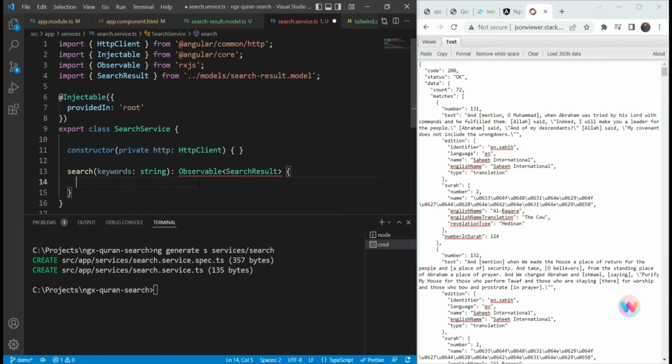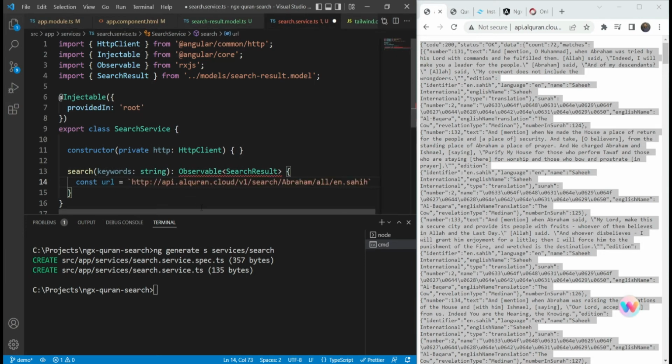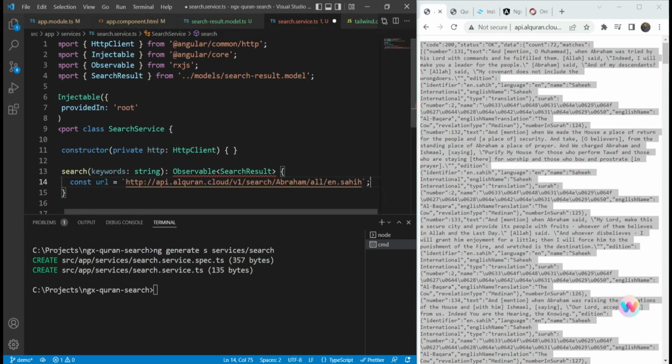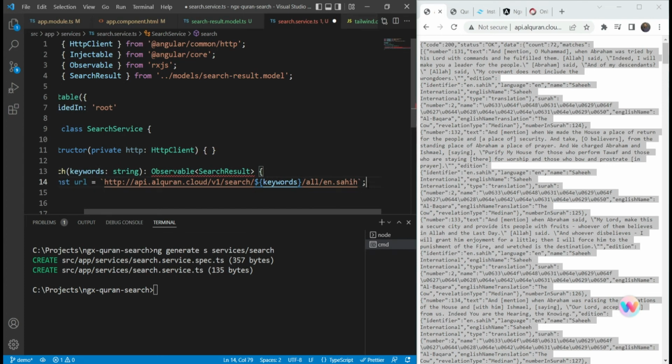Okay, what would be the URL here? So the URL here would be the API call that we just decided here. Let's give it in the form of a string literal here. So this is all fine, except we need to change Abraham here to use the keywords. Okay, so this is our URL, and we're just going to return